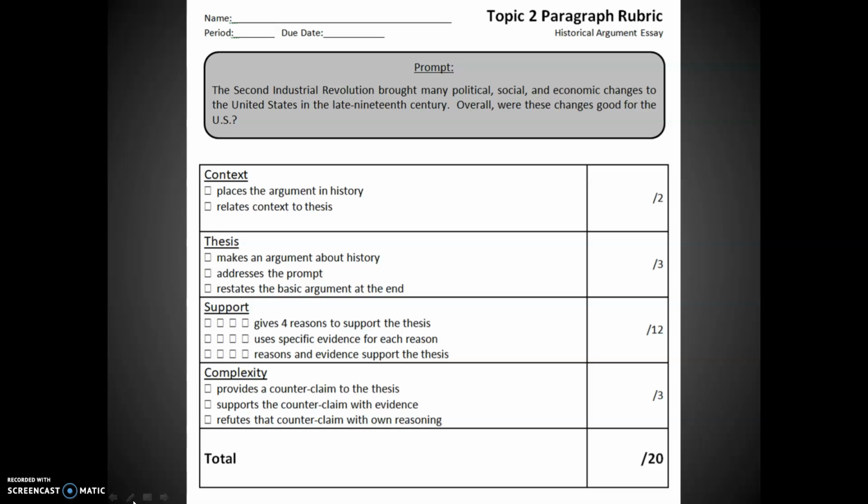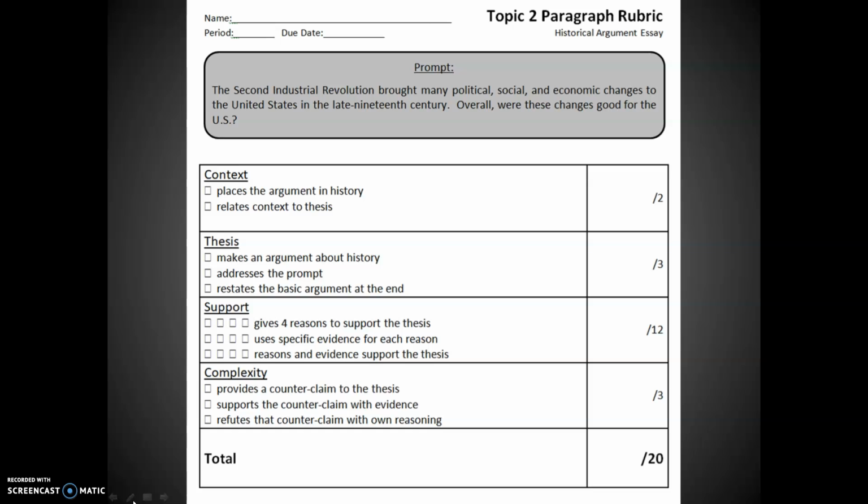If you take a look at the rubric, you can see where your points are coming from. This is a 20-point assignment. This is your basic argumentative essay or paragraph. You've written them for English and history and probably all sorts of other classes last year. It's kind of a big push. The only thing that might be different from what you had to do previously is the first box there, which is